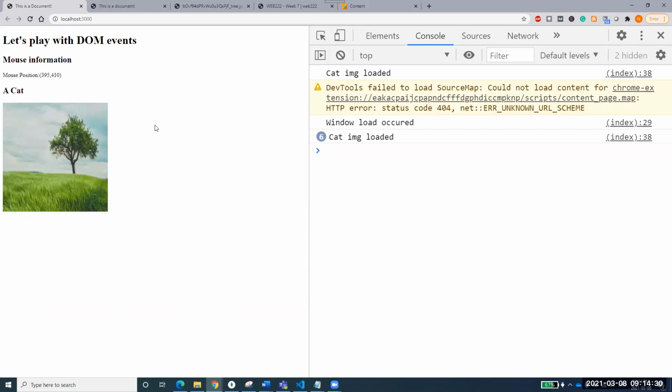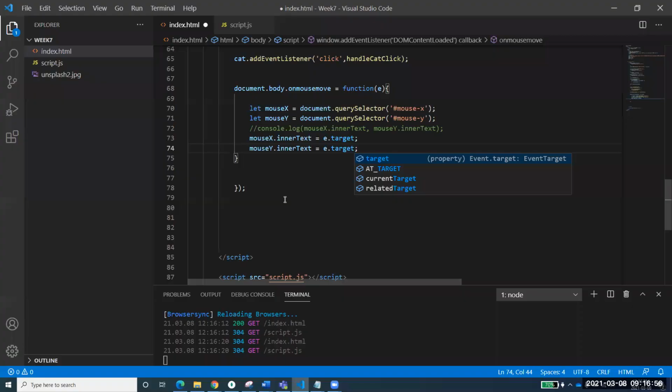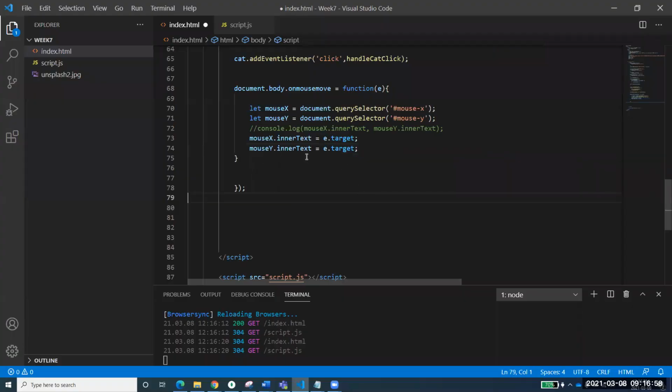Now, does everyone know how to capture the mouse event? First of all, let me know if everyone is able to run that. I will just pause the recording. Yes. So for your information, if I change something like this, what will happen? Let's save this and run this document.